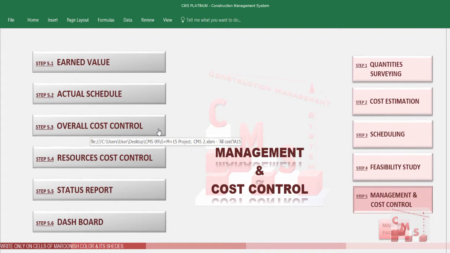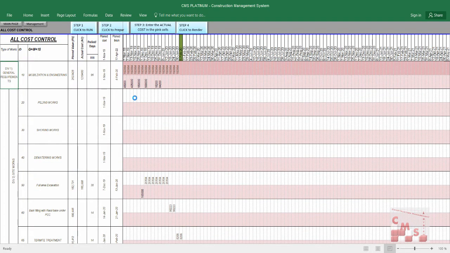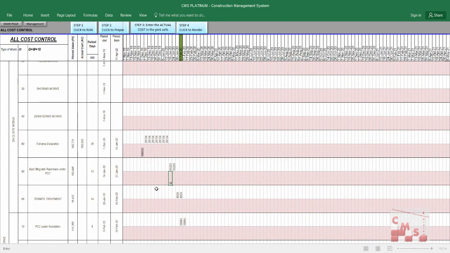Let's go now for inserting the cost, which is in the overall cost control, whatever we consume for mobilization till end of January, we need to add it. So we have to add now the consumption and the expenses in the month of January according to the actual and according to the information and the numbers which we got from our accountant. We consumed another 425,000 for the month of January. We consume also for backfilling